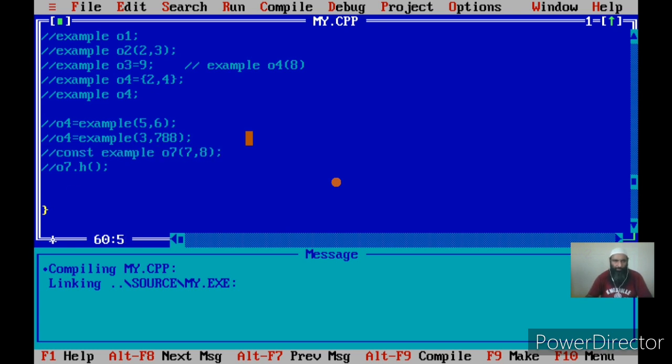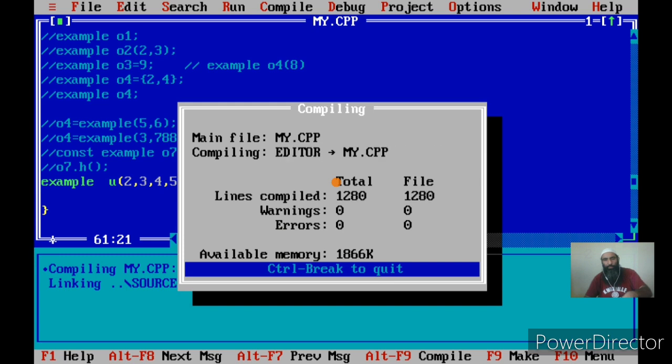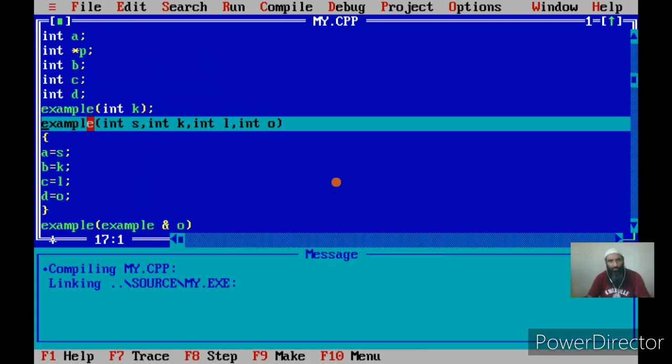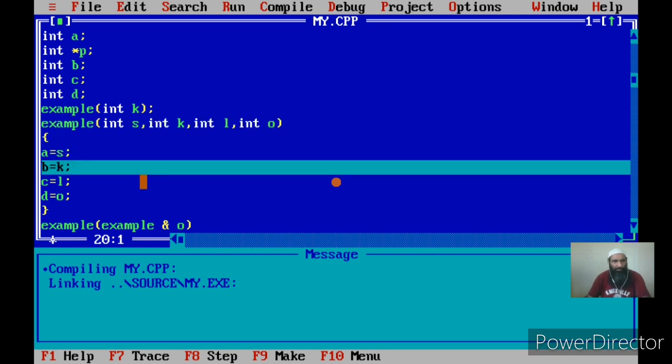First create an object, Example u. I'm creating an object u, and I'm specifying the values of 4 members. Now this constructor is called, which has got 4 arguments, and the 4 members will be initialized accordingly.